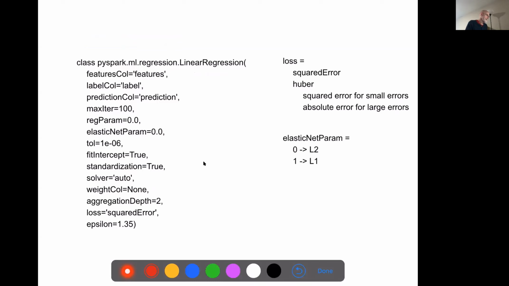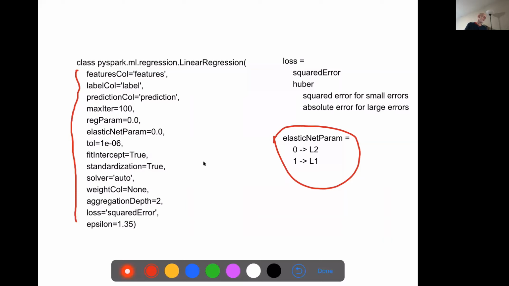And then, there's typical Python. Here's all the parameters we can set for linear regression. Quite a few of them. And this elastic net parameter, that's really fun.